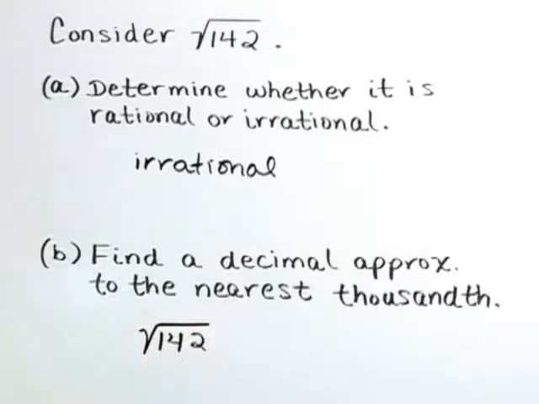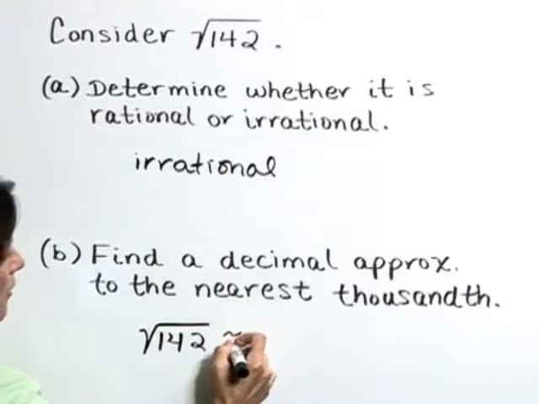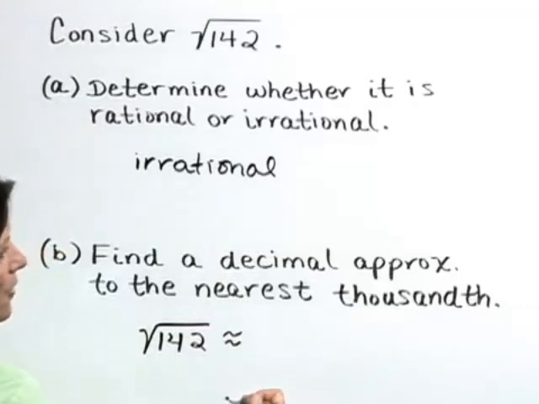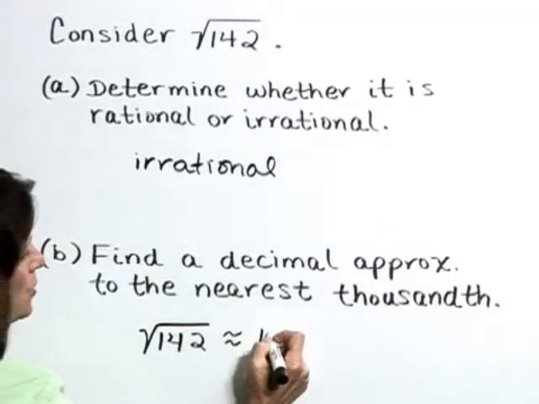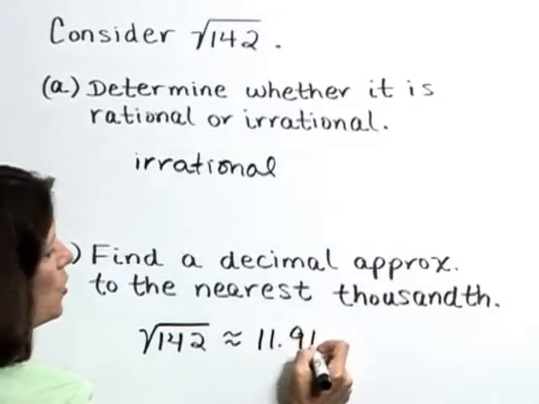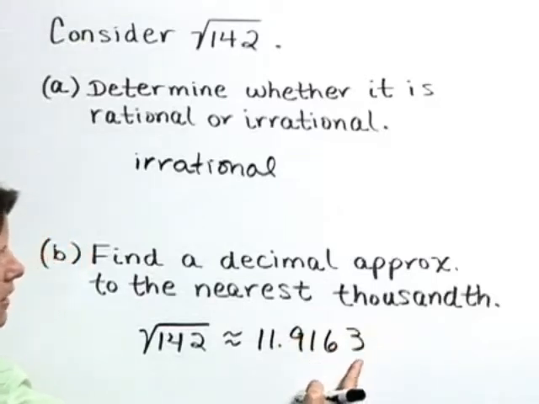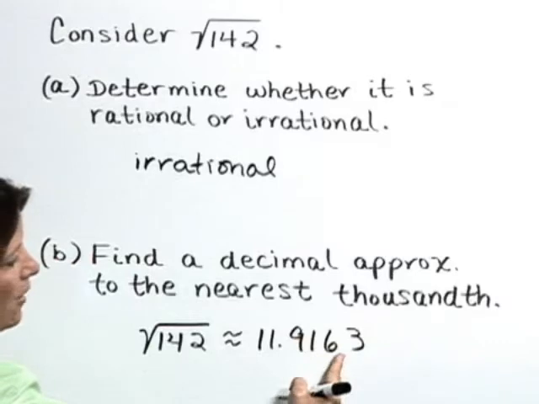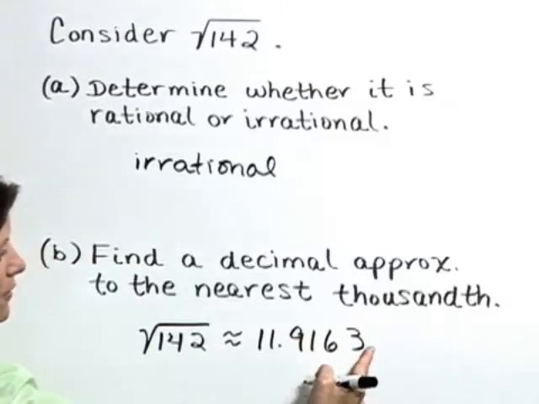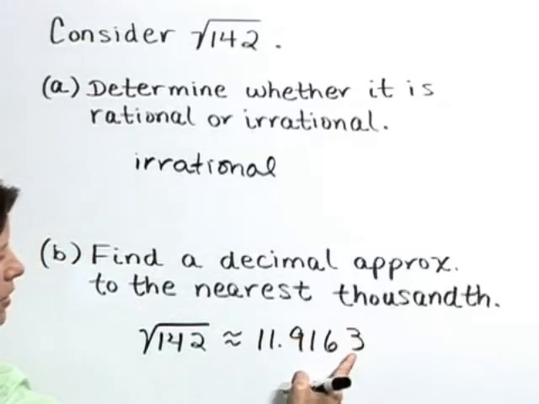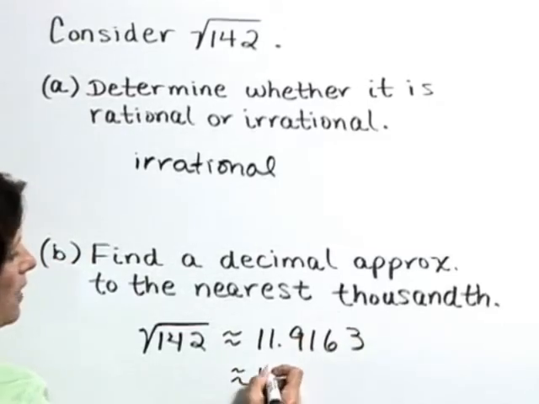Now, if you use your calculator, let's go ahead and carry this approximation one decimal place past the thousandth place to 11.9163. We want to inspect this value to the right of the thousandths place so we'll know how to round. Since that is smaller than a 5, we're going to round things off here as